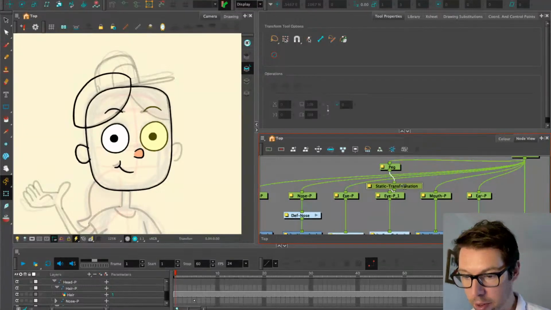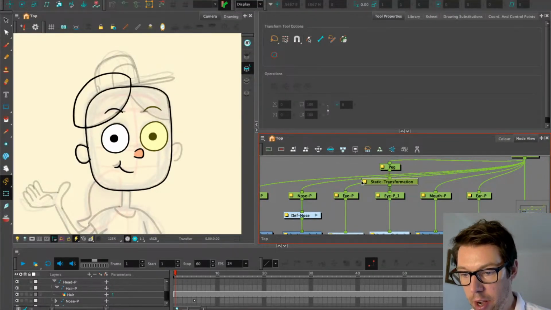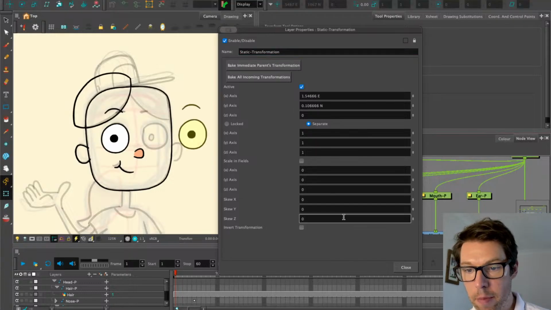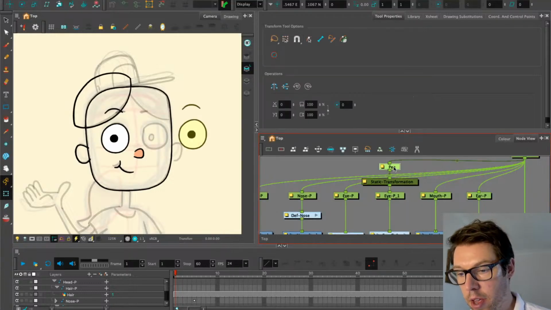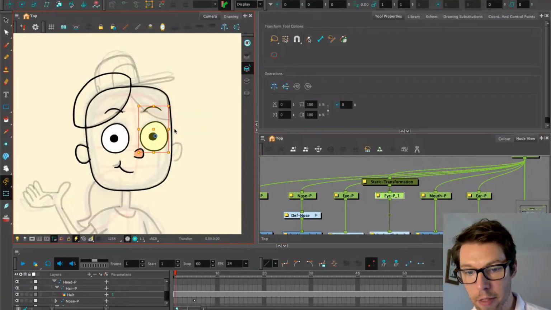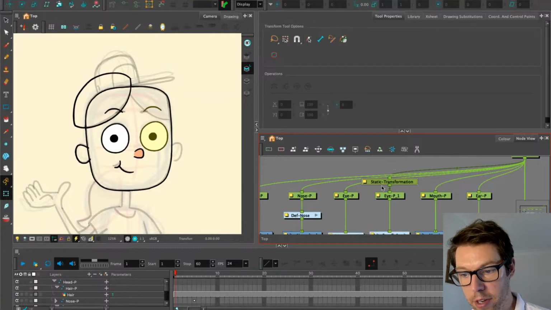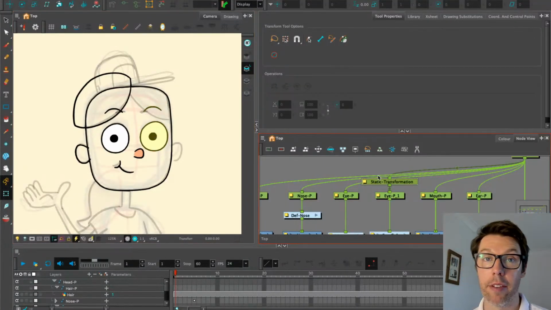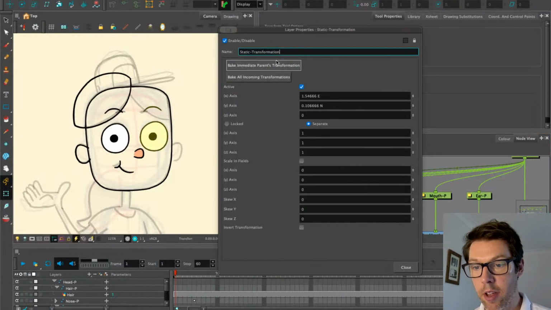Let's go for this. Yeah, and I think you just pop it in there, and then you bake immediate parent transformation, and then you just delete this. And now the pivot is correct. The static transformation sits above, and if we press R to reset this, because basically all we did is we used that peg as a temporary thing to move it, bake the information into the static transformation,